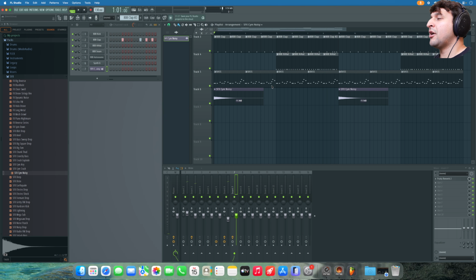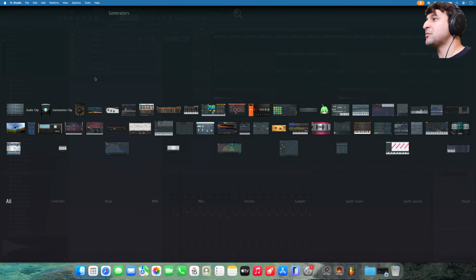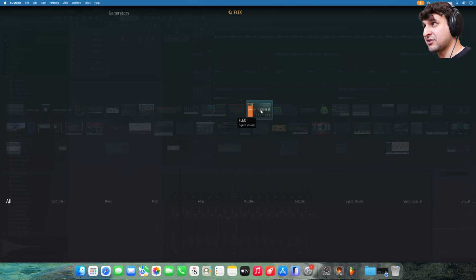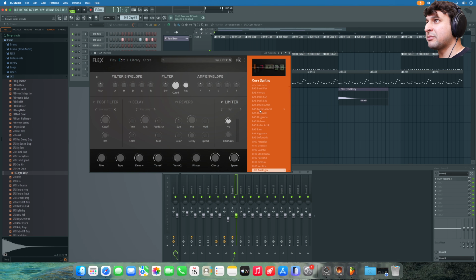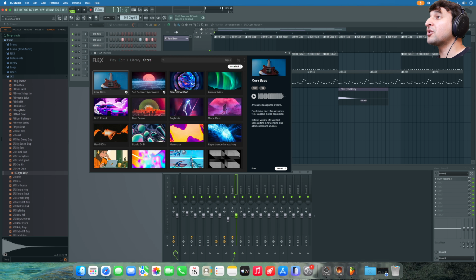Okay, now let's try to add some keys on here. So I'm going to right click on the plus button, and then select Flex. Flex is a pretty cool sampler-based instrument that has lots of sounds. Like I mentioned earlier, sometimes you're going to have to download things, and this is one of the cases where you do. So you're going to click right here on Core Bass,